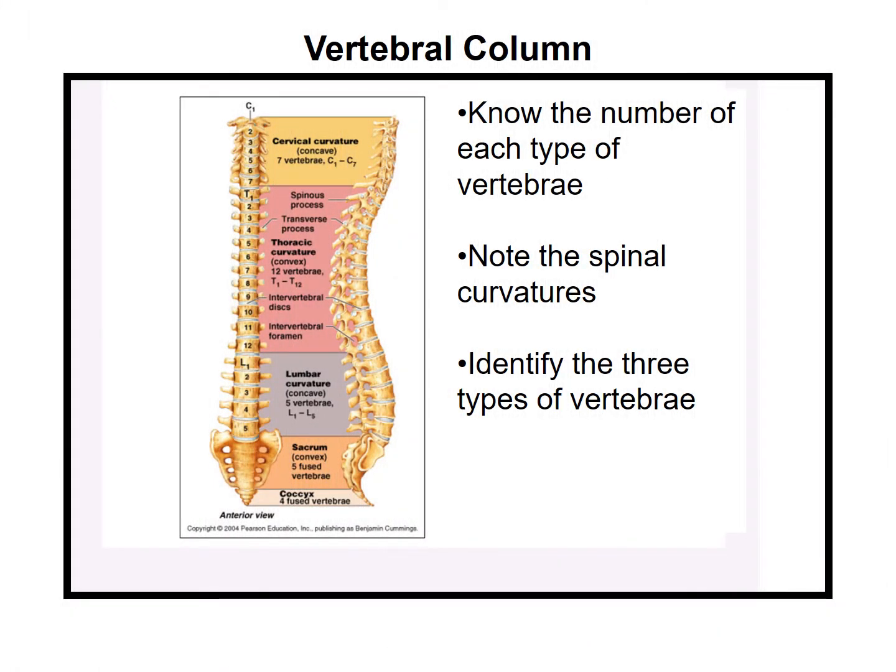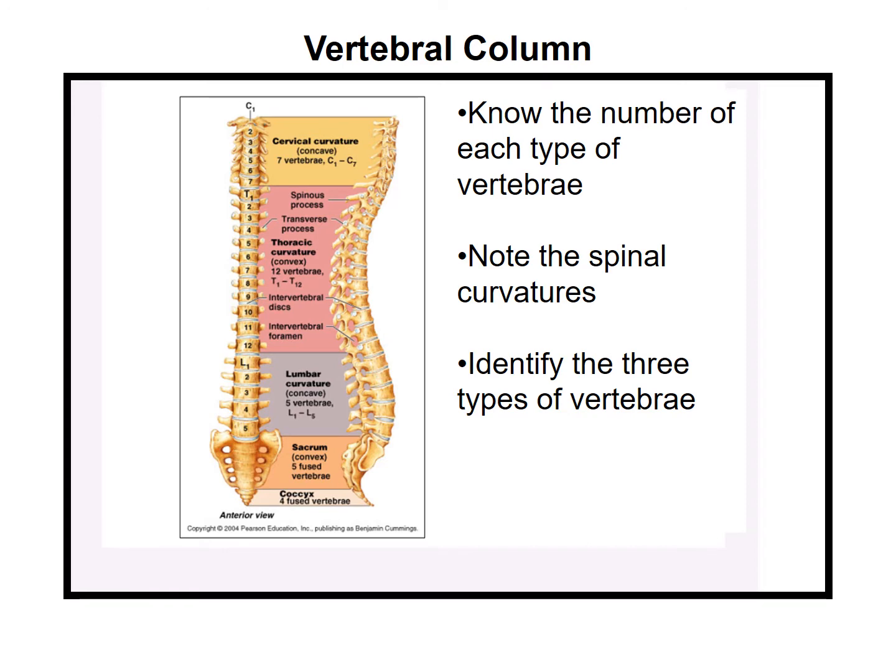The vertebral column consists of various vertebrae. These are the bones, vertebrae. The sacrum, which are fused vertebrae, and the coccyx, which you know is your tailbone, which are also fused vertebrae. And spanning the joints between those vertebrae are intervertebral discs. Those intervertebral discs allow some movement between vertebrae, and they also act as little shock absorbers between the